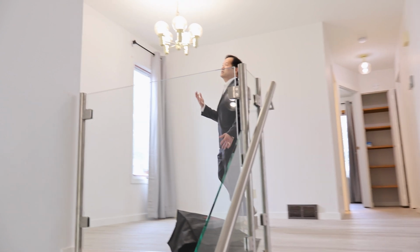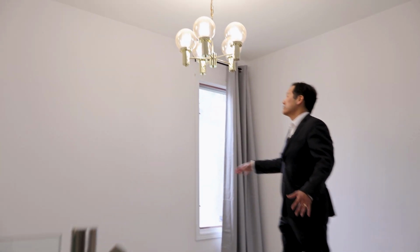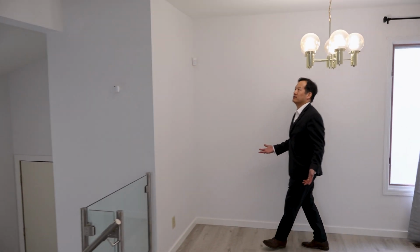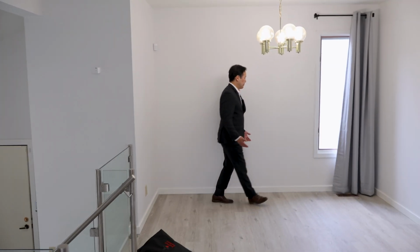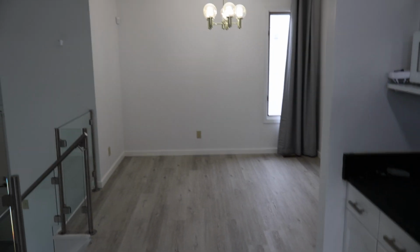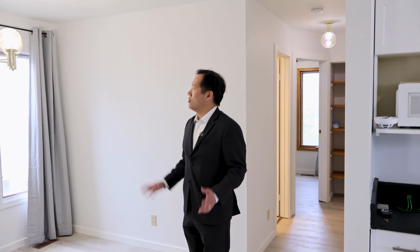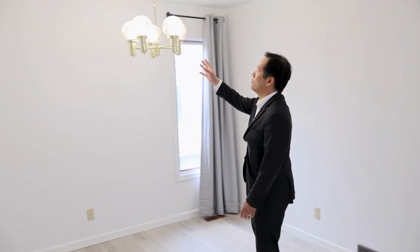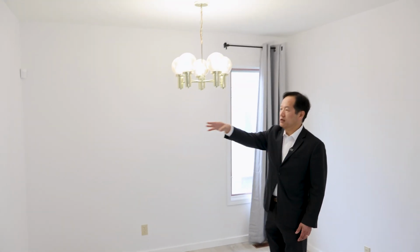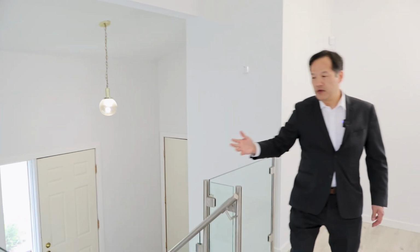Now, when we look here, I guess technically I'm standing in the dining room, and over there we would have the kitchen. So let's do the dining room first. There's not much on this property walkthrough that I have to actually criticize. I felt a little soft spot on the floor here, but I don't think it's anything to really be concerned about. This is dated, but I don't think it's going to prevent anybody from renting here. Although, let me point this out. This probably came with the house, unless that's just my taste, but I personally think this is really dated. We look at this one here, it kind of matches, right? However, if I go into the kitchen here,